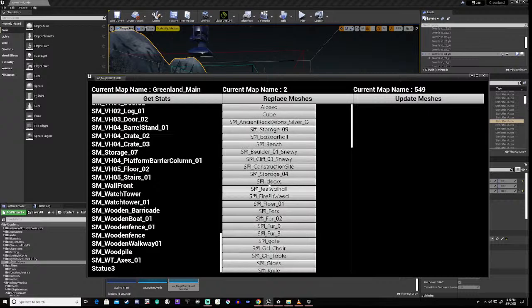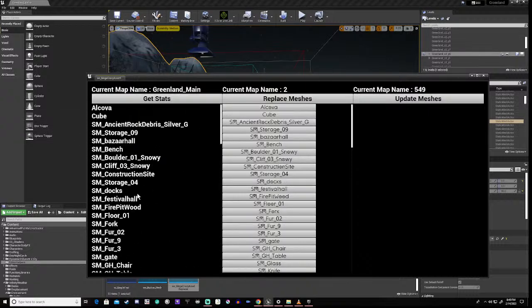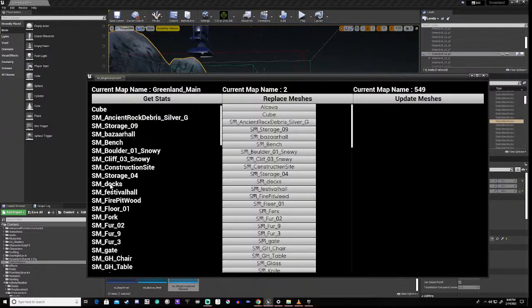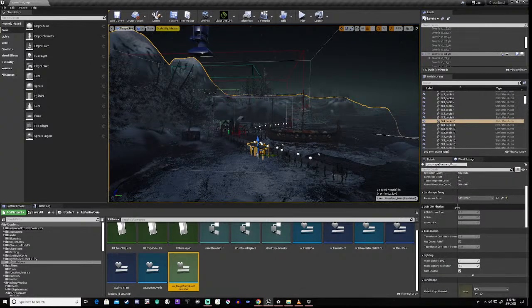So this SM docs, let's do that, and let's see if we can get it out of here. Here it's here, we need an instance for it. So once we do that, that's another thing we can bring into the test map and test it on. So there's our SM docs, okay?